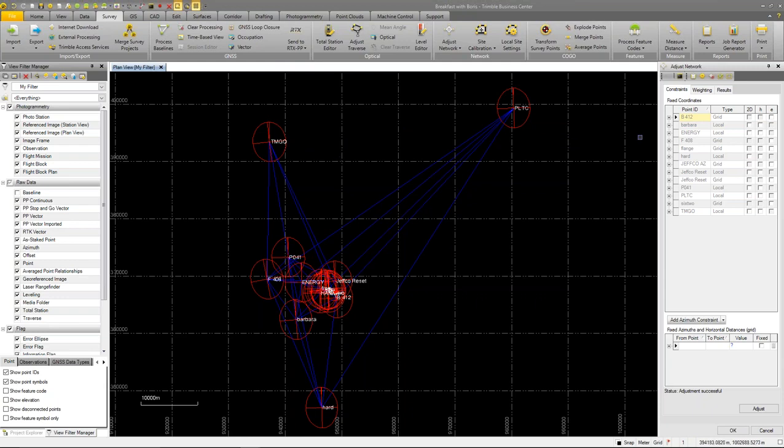I have data sheets for them that have lat, longs, and heights that are all control quality. So if I wanted to on TMGO, I could fix all lat, long, and height on it. I do not have a control quality elevation on that point. So heights differ from elevations by the geoid model,